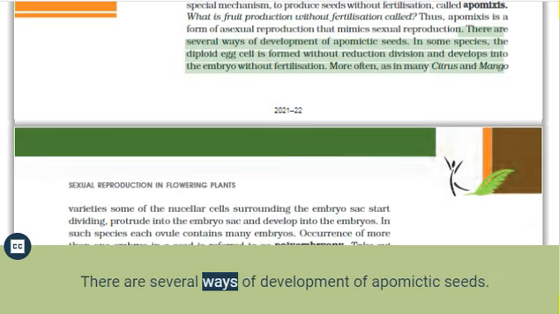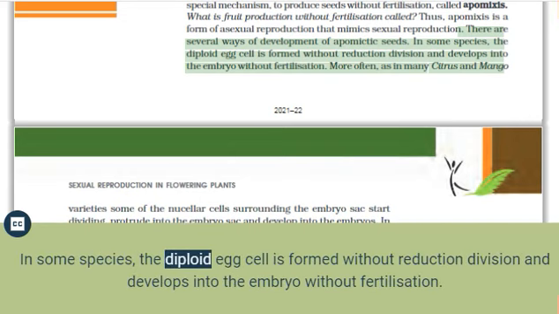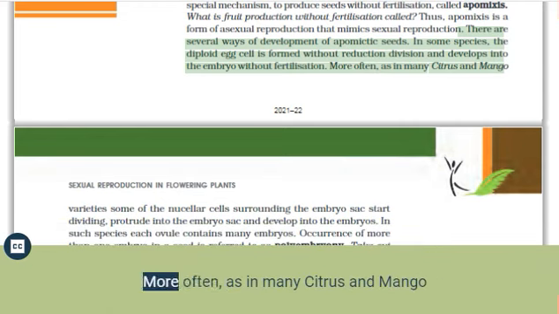There are several ways of development of apomictic seeds. In some species, the diploid egg cell is formed without reduction division and develops into the embryo without fertilization. More often, as in many citrus and mango